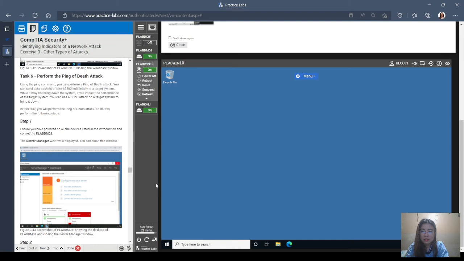As a thief, perform the ping of death attack. Using the ping command, you can perform a ping of death attack. You can send data packets of size 65500